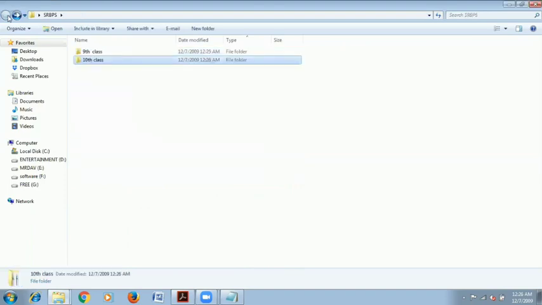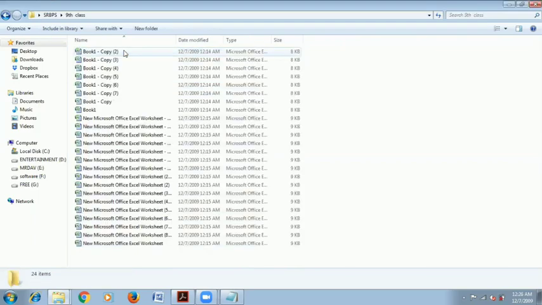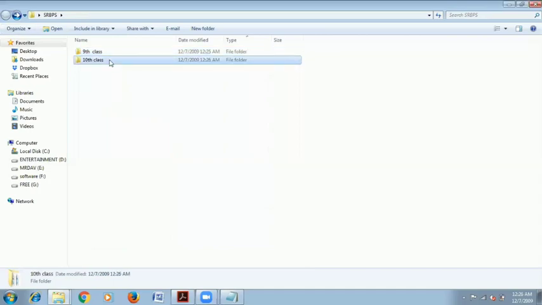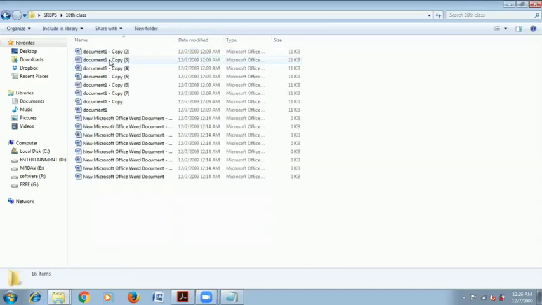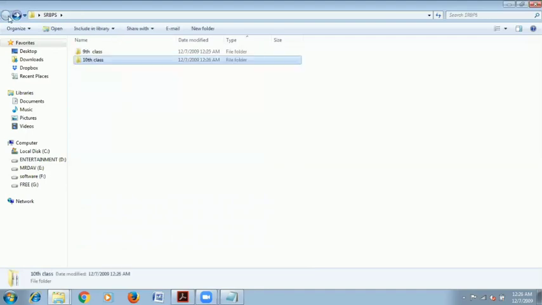I hope this is clear to you. With the help of folders, we can organize our data easily. Now you can see if you wanted to search for any ninth class file, you need to go to the ninth class folder. If you wanted to search for any 10th class file, you need to go there. So data is sorted and organized with the help of folders. I hope it is clear to you. Now you might be able to create the folders and files.